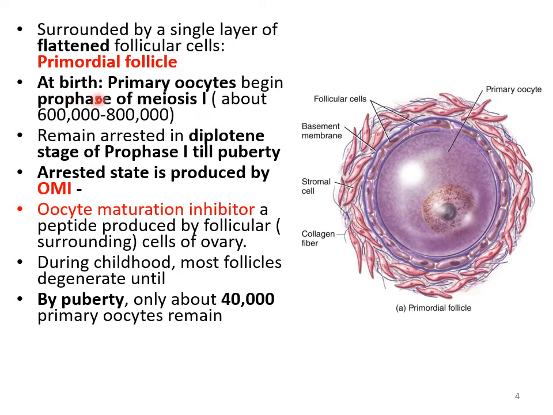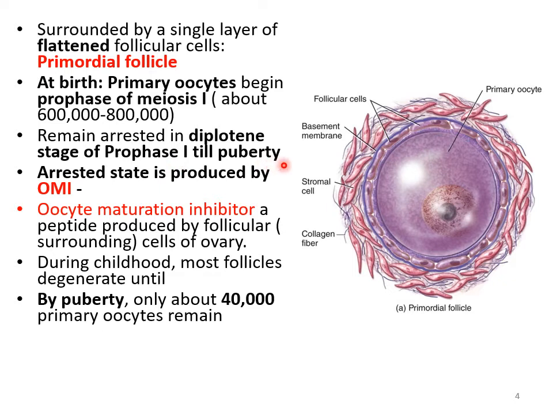Now, at birth, what happens? Primary oocytes begin the next stage of division, and so they begin the prophase of meiosis 1, but they don't complete it. By birth there are an average of 6 to 8 million. Now prophase of meiosis 1 means where the chromosome material, the nucleus, has just started to get together to form thick chromosomes. Now, this prophase of meiosis 1 is not complete, but it gets arrested in the diplotene stage of prophase 1